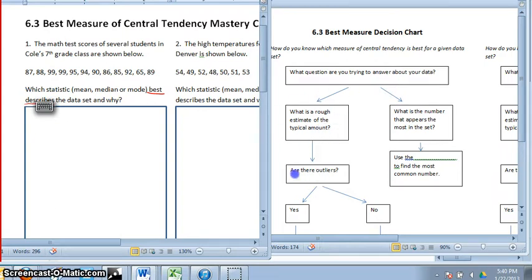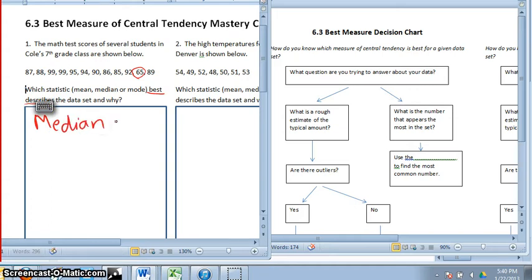So then we ask ourselves, are there outliers? Well, I'm going to look through these test scores. I'm seeing numbers in the 80s and 90s. There's one that's 65, way lower than the rest. And an outlier is a number that stands out from the rest of the data as being way different. So when there is an outlier, remember that we want to use the median, because with the median, you get a rough estimate of the typical amount, but it is not affected by outliers because you just cross those outliers out when you find the median. So our answer here would be median,